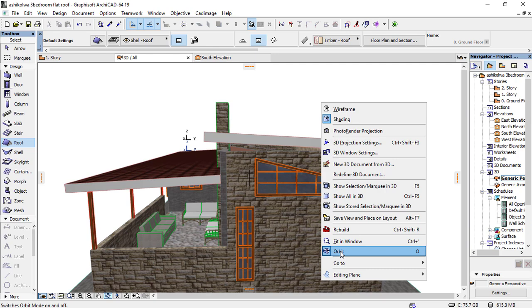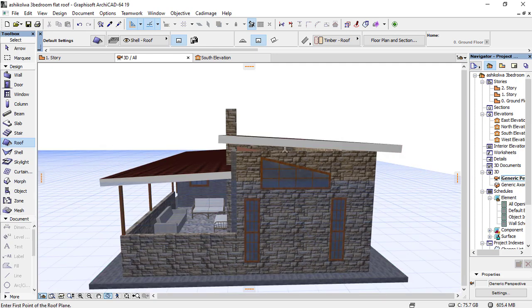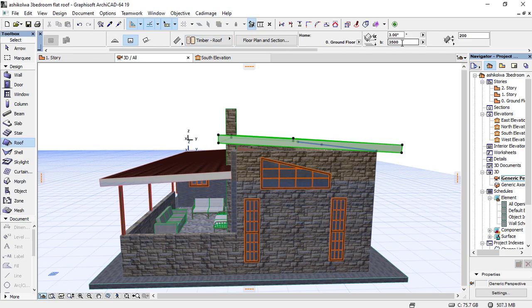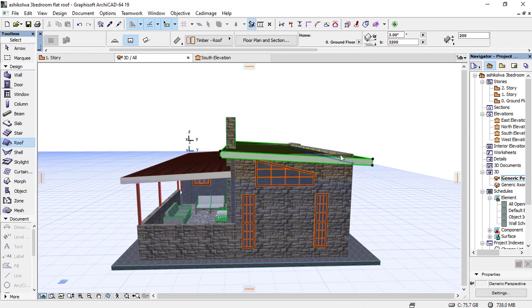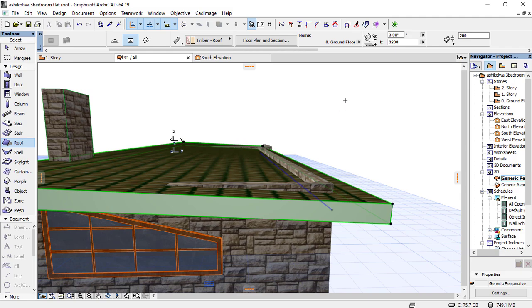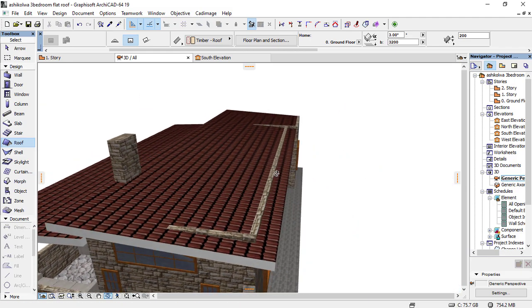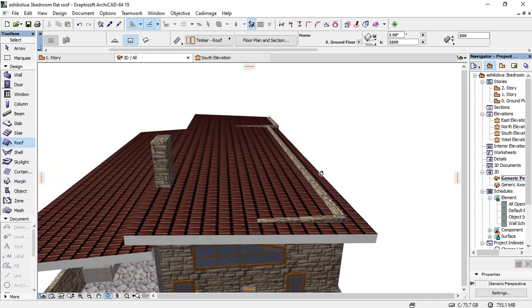I need to lower the height, and therefore I'll just select the roof, and then I want to write 500, so I can put 200, enter. So the roof appears that way. So you can see that the wall projects above the roof, and we need to trim the wall, and therefore